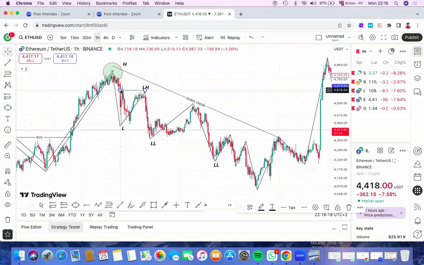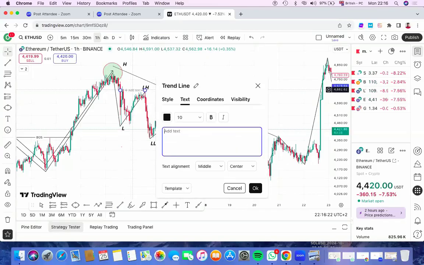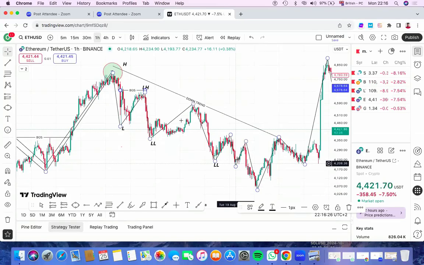So here now will be our BOS. If you break the newer lower high to create a lower low,